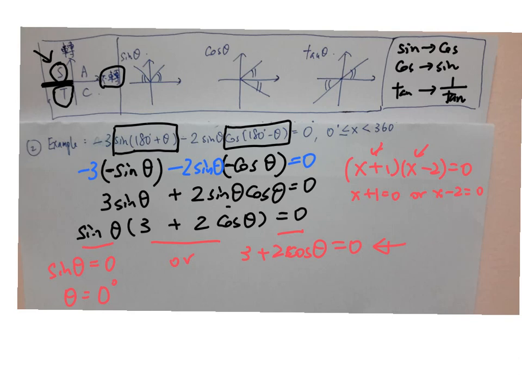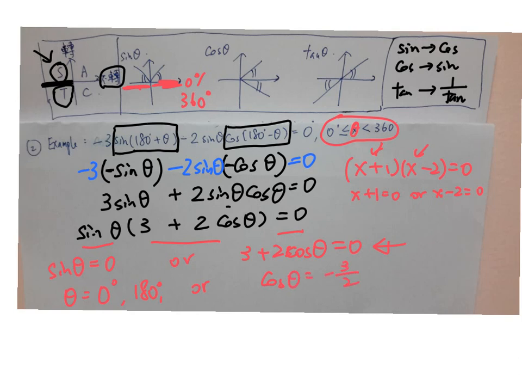Once again 0, 0 would be flipped to the left, so it would be this side, so would be 180. Do we need 360? This position can be 0 degrees, and it can also be 360 degrees. But the question states theta is smaller than 360, not including 360, so there is no need to write 360. Or cosine theta equals to negative 3